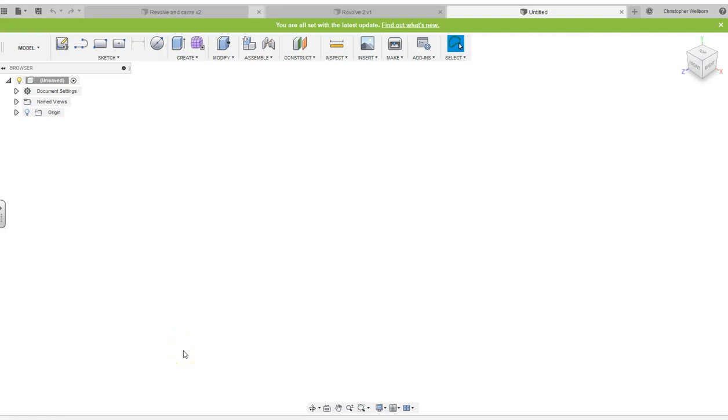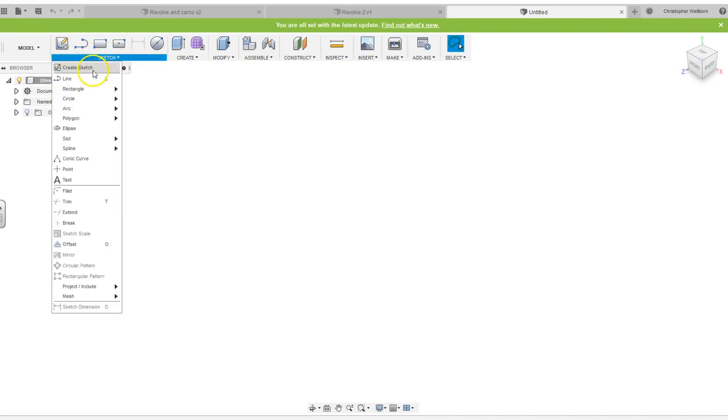So this video is showing you how to make a pear-shaped cam. As of May 1st, 2019, it is in an assignment. This is an assignment called 3D Modeling Practice with the date April 30th on it, and it's the second one. So we are going to start a new sketch,